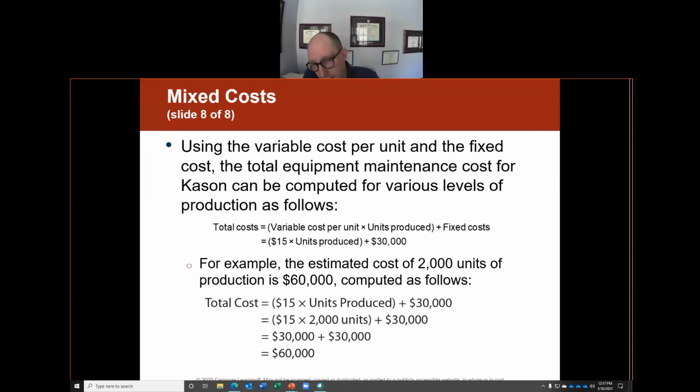$15 per unit times units produced, in our example, 2,000 units, plus fixed cost, 30,000. That's 30,000 plus 30,000 equals 60,000. Oh, look at that. And that's another great way of actually checking to see if you're accurate. You can take, once you've found your total cost,